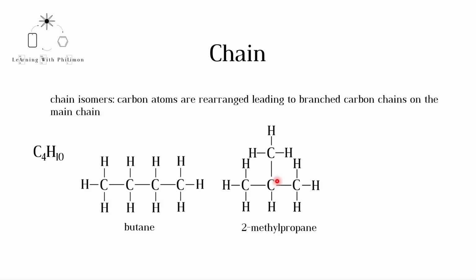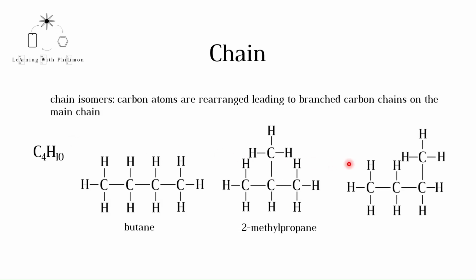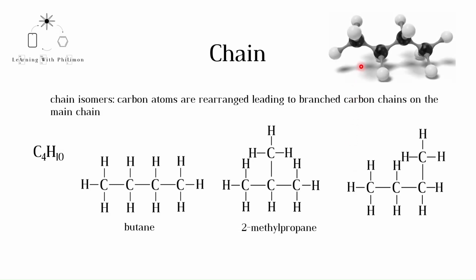When asked to draw isomers with the molecular formula C4H10, students often draw the following. There are 2 ways to show that this is not another isomer, but in fact butane. One way is to build the molecule using a molymod. Because single bonds are able to rotate, this molecule is not stuck in this configuration. If the bond rotates, then the carbon is in this position and the hydrogen is in this position, just as